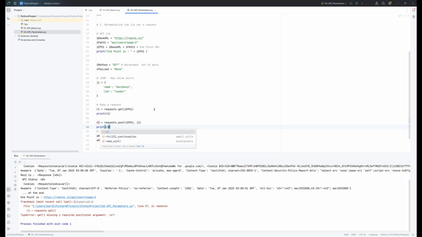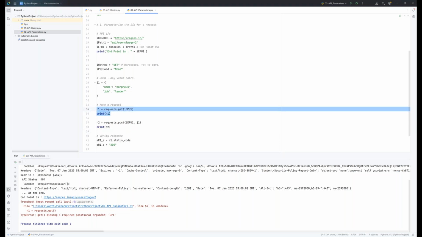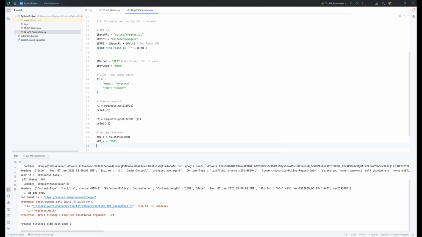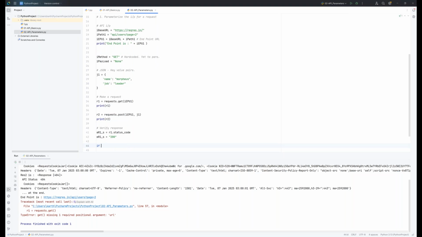So did you see that the number of parameters could be varying for us depending on the type of call that we're making? That is where the challenge will come when we make a function to be able to do it as a call. So it's not hard-coded anymore for us. That's the intent. So we're printing them, we've got this, and my simple test is if A R1 underscore S